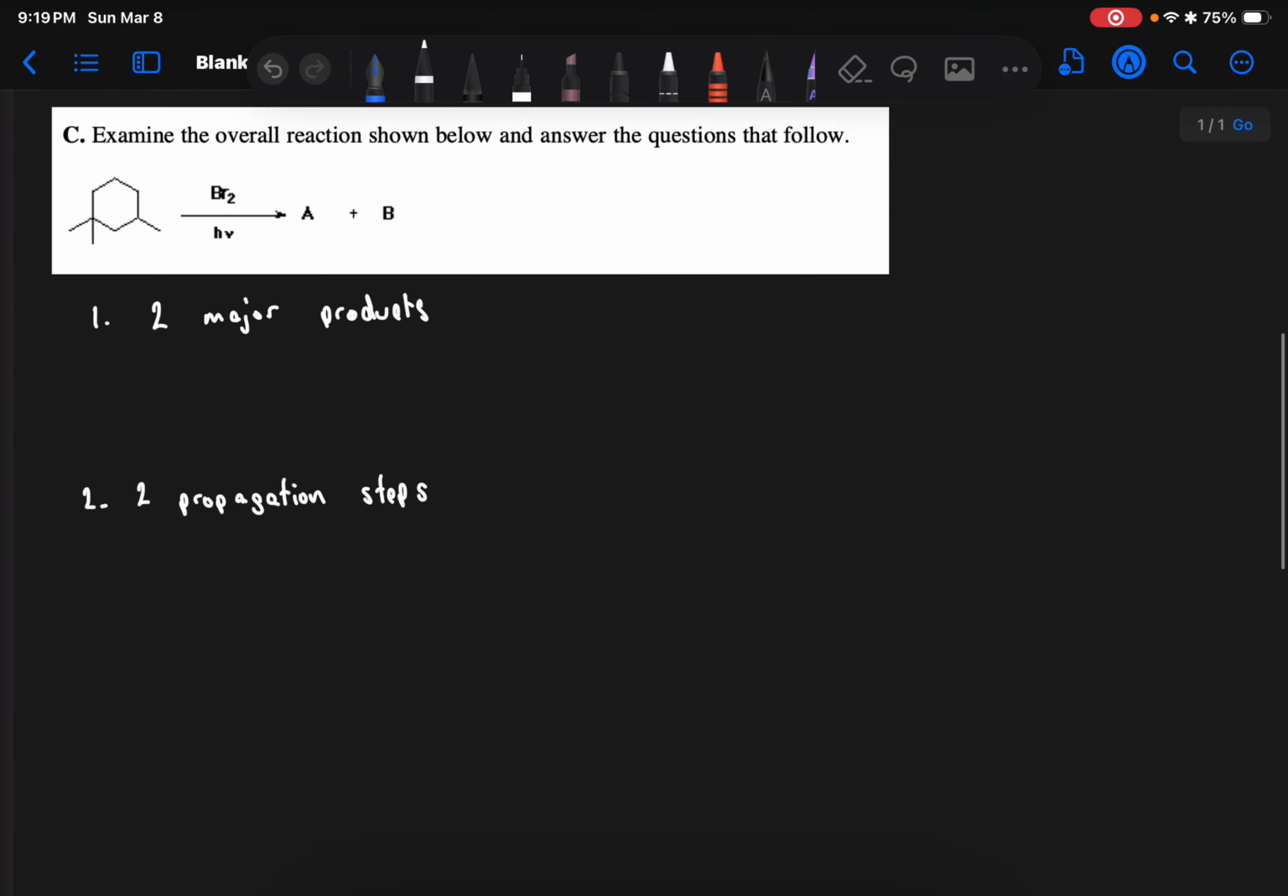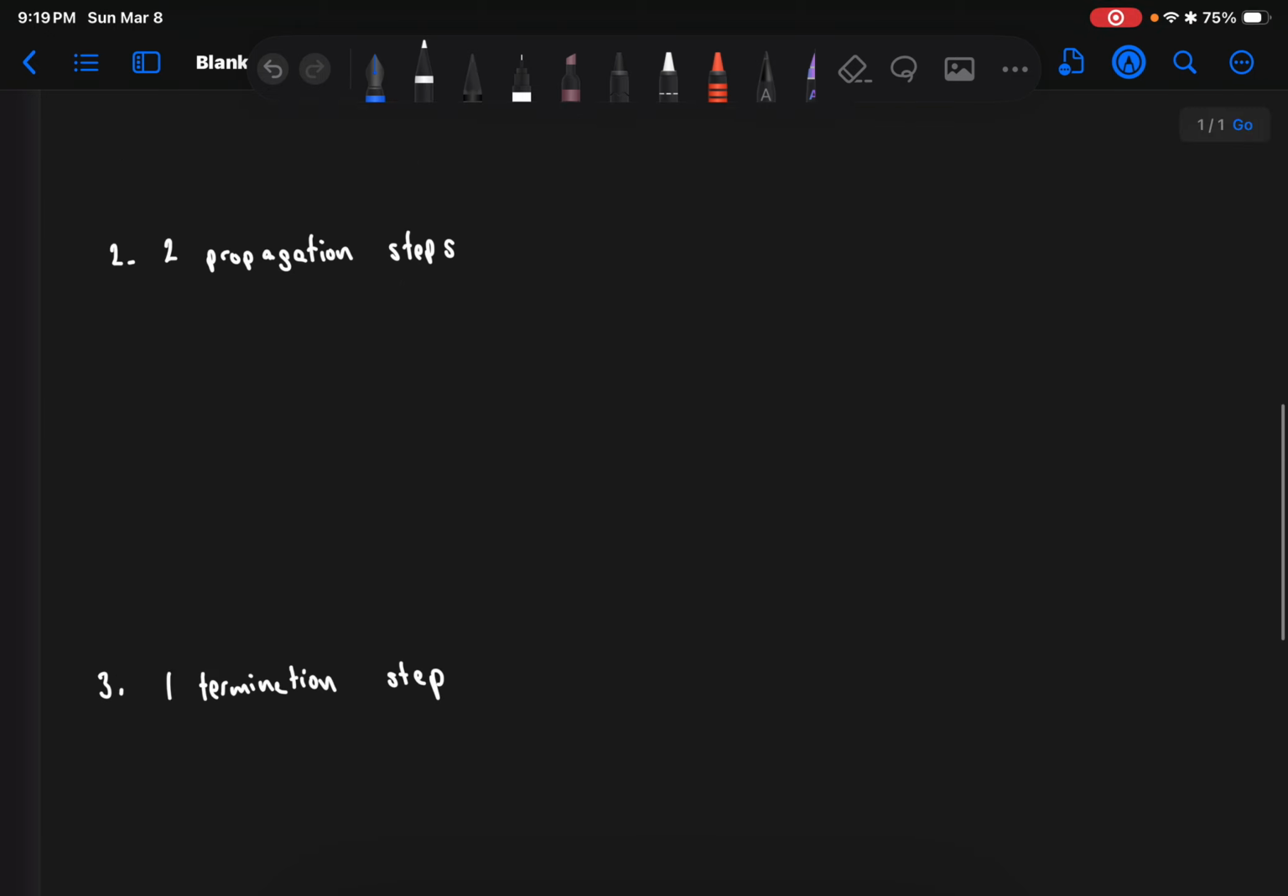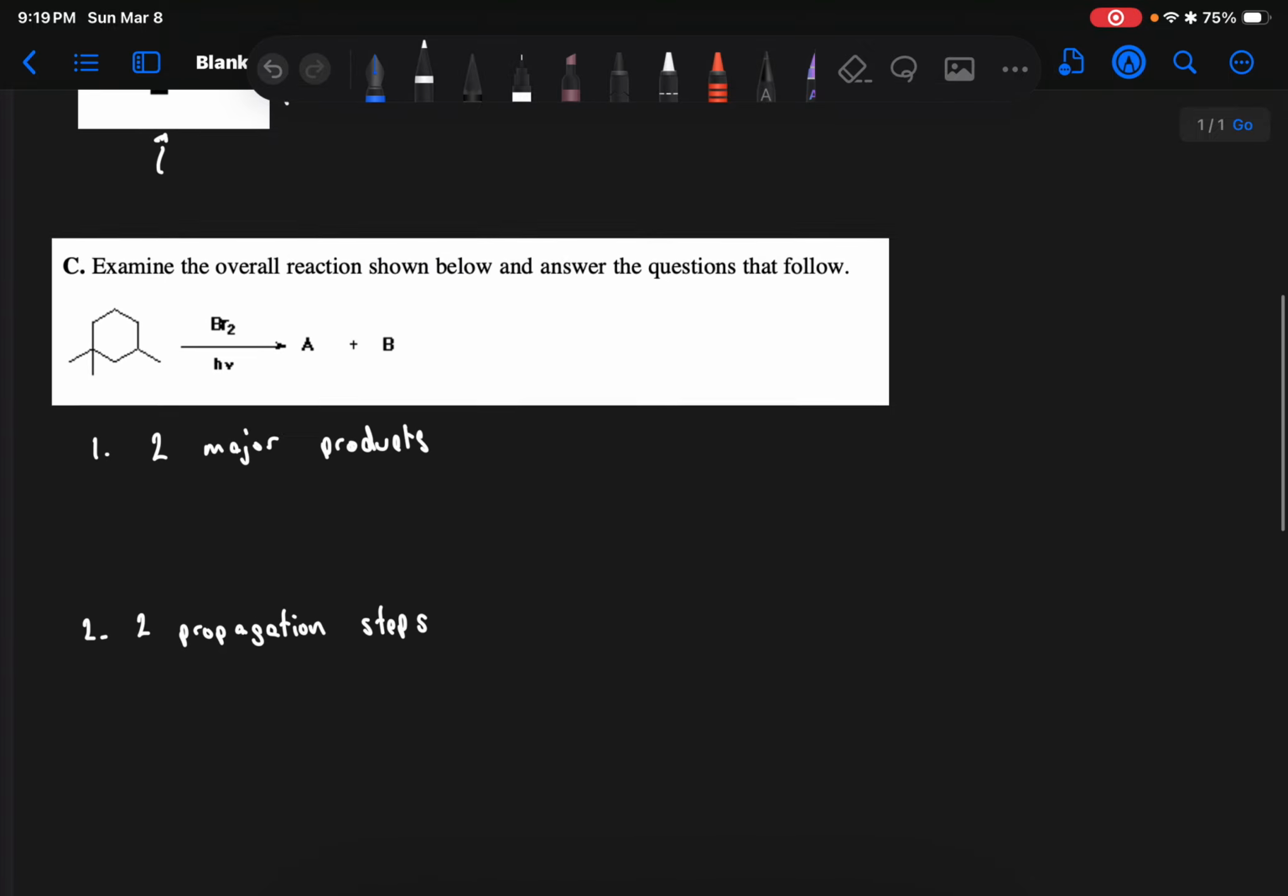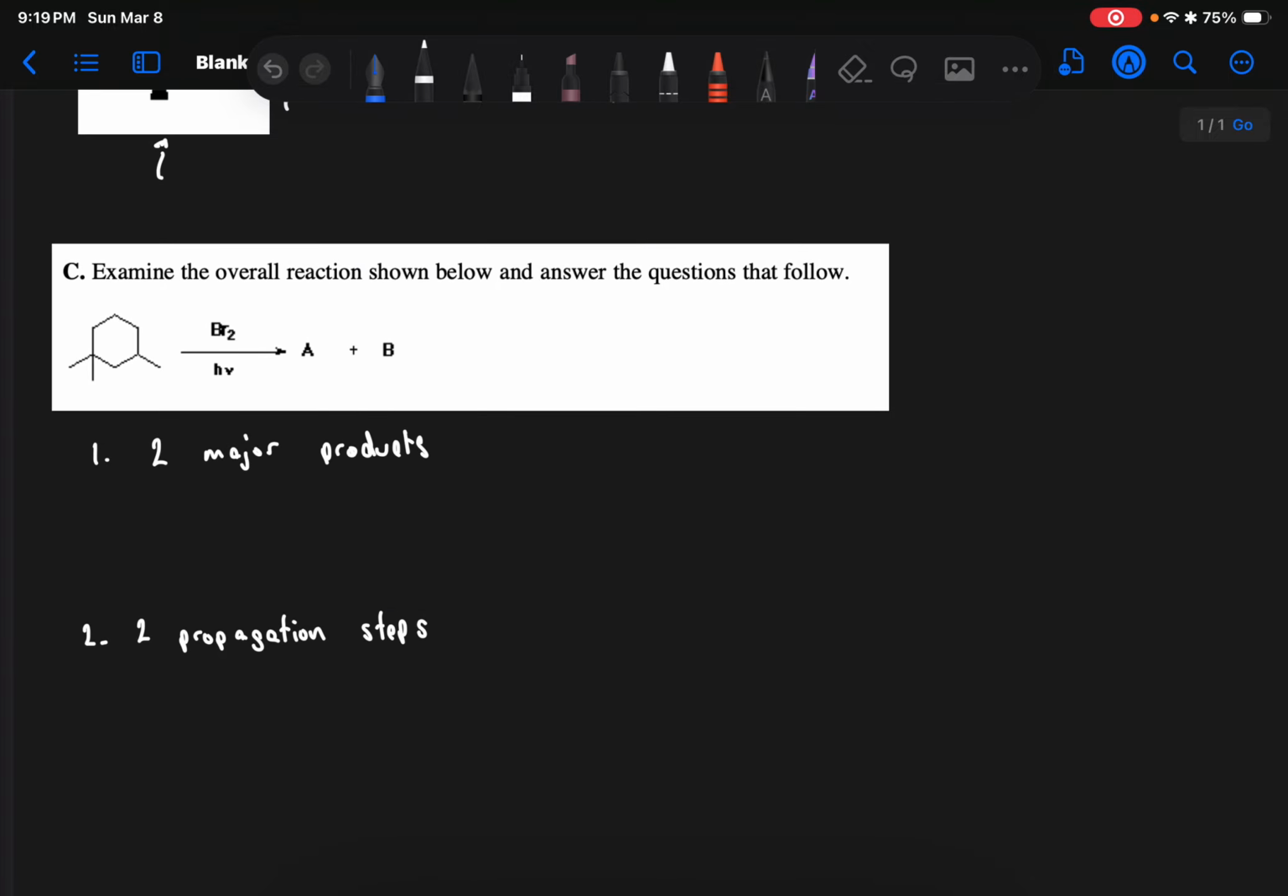So here we got a radical substitution reaction. So got a couple questions here to answer just based off of the reaction. So the first question is, what are the two major products of this? What is A and what is B? So in this substitution reaction, what will happen is that, so actually wait, maybe I should start with what are the two propagation steps,